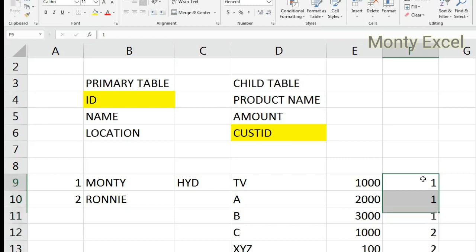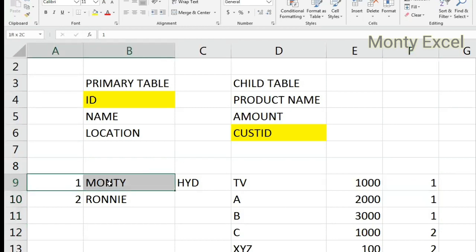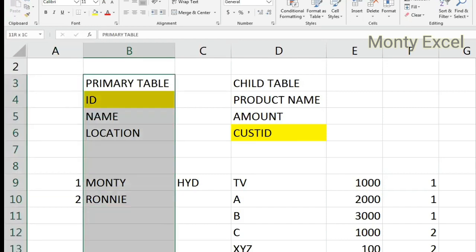Coming to the point, here I have a 3 ones because my child table will allow duplicate values, but my primary table will not allow duplicate values. It has only one repeated once. No scope for the second one. So the primary table will try to maintain the complete customers of that store, complete employee numbers of that company, complete student IDs of that particular